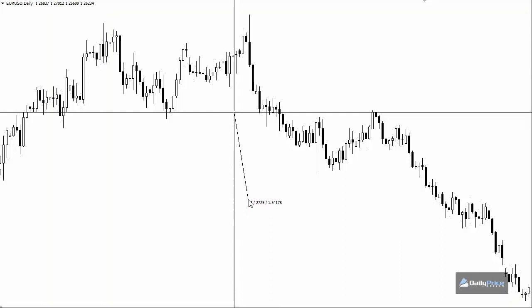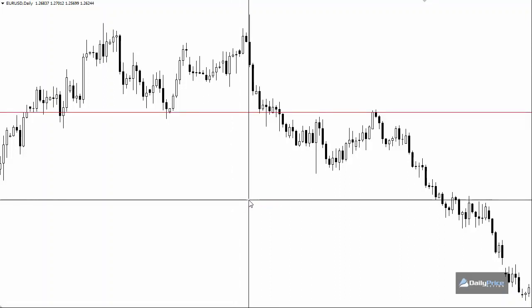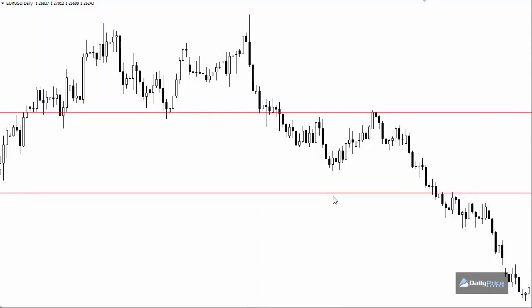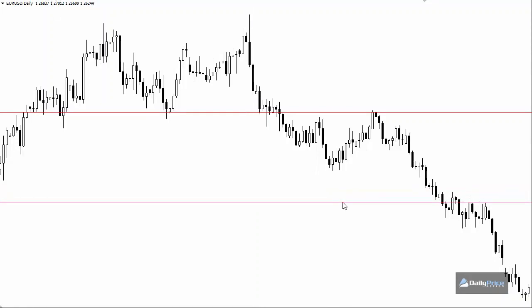let's see, we've got about 1.342 or so. All right, so I'm going to mark that level. Now, as you can notice, the market did actually sell off lower after meeting this measured move objective. It did sell off lower, and that's why I always say to use this as your profit target number one. Okay, so if you're gonna scale out of a position, the measured objective is a great place to look for